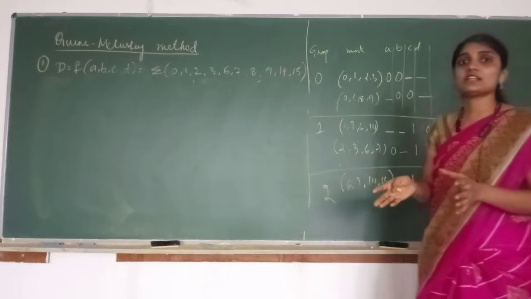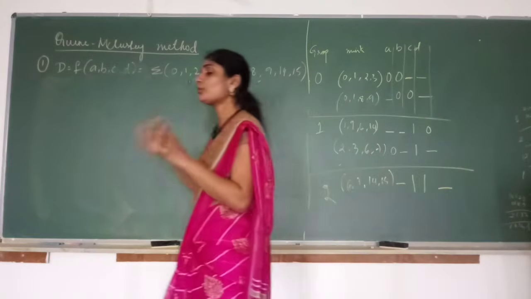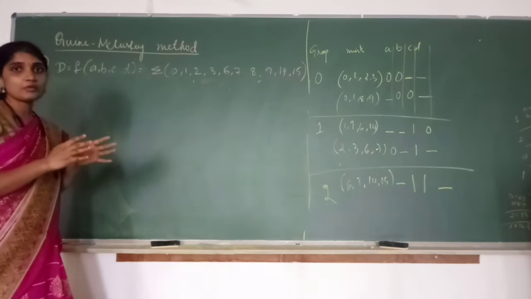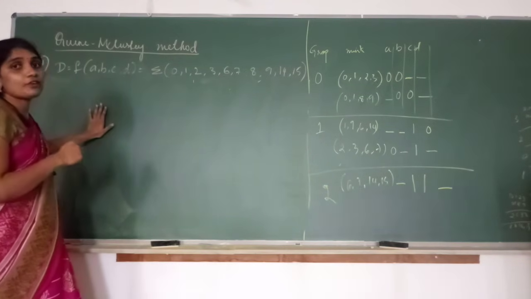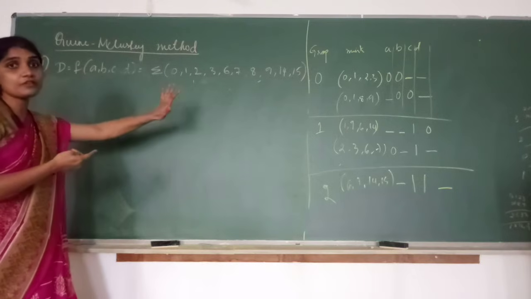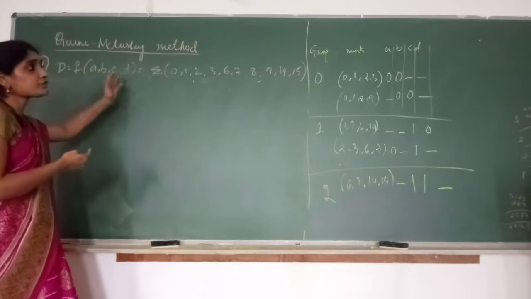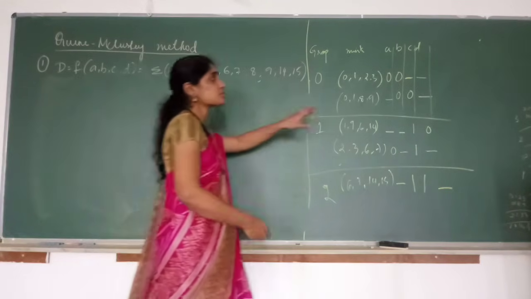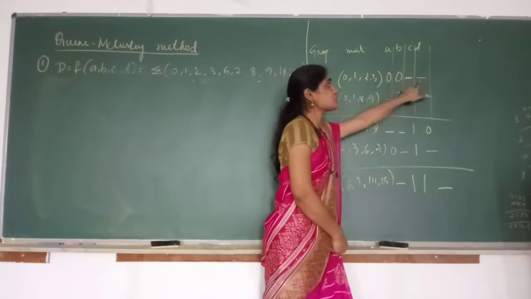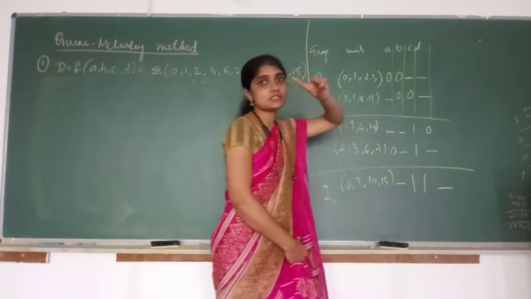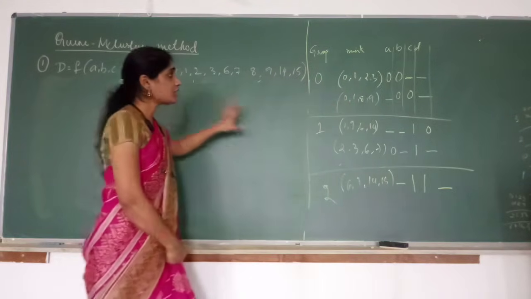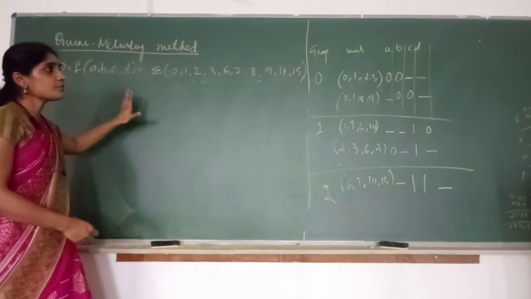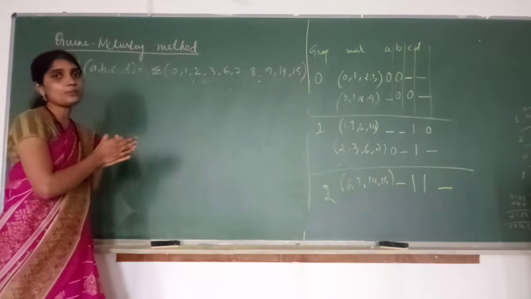And once you are done with that, once you group comparing all the mean terms present in each group with the next group, once you are done with the table, here I am not going for groups of 8 because it is not possible for this problem. For some problems, if groups of 8 can be made, how do you group 8 mean terms? Dashes must be in the same position and there should be only one variable difference. If that option is there, you have to construct the next table also. Now it is not possible for this problem, so I will go for the next last step, almost the last